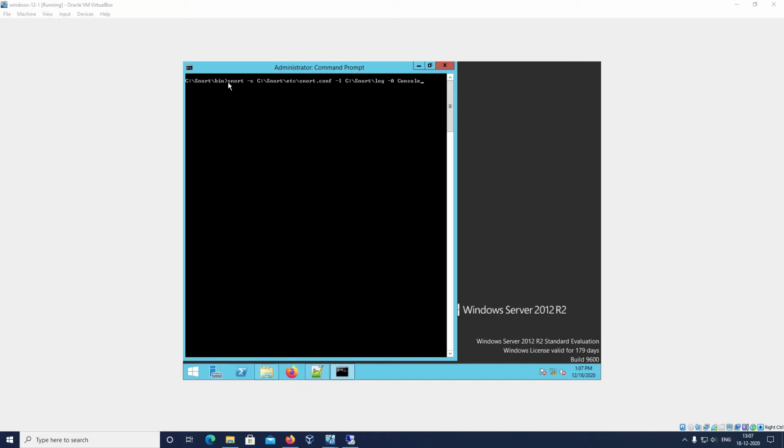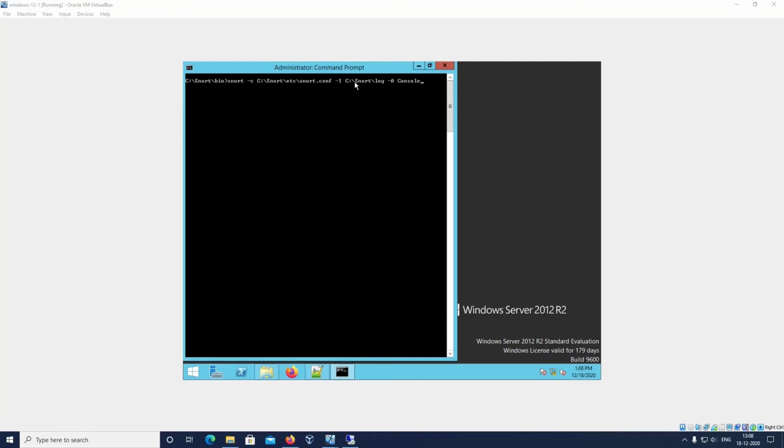By using this command, snort -c and the snort.conf file, it will go through that configuration file, run the configuration file, and give the output.